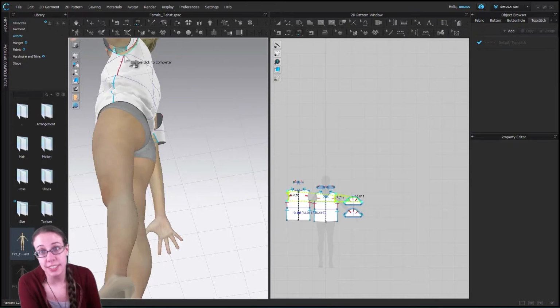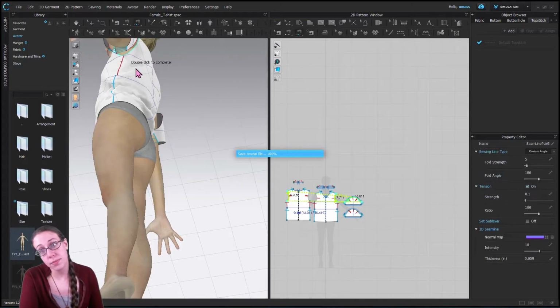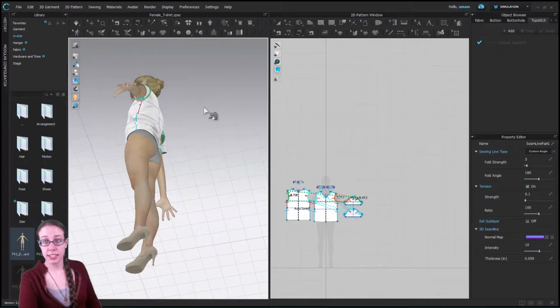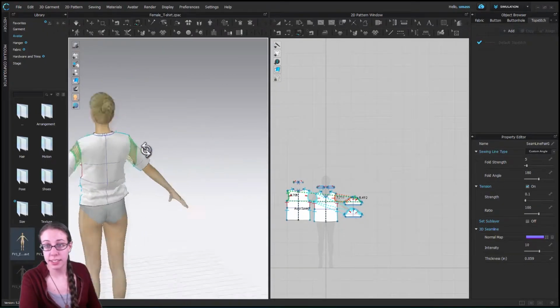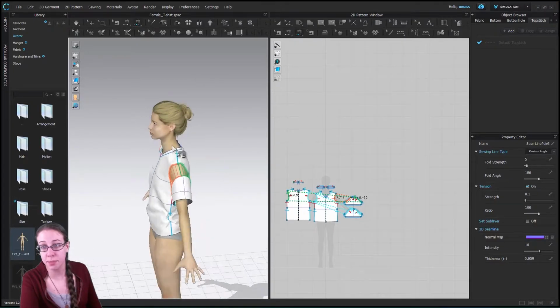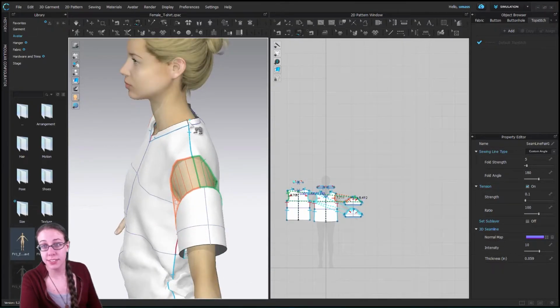All right, and double click to complete. And there it goes. It's thinking. And there it is. So this is actually all sewn except for, I don't think I've sewn the collar edges